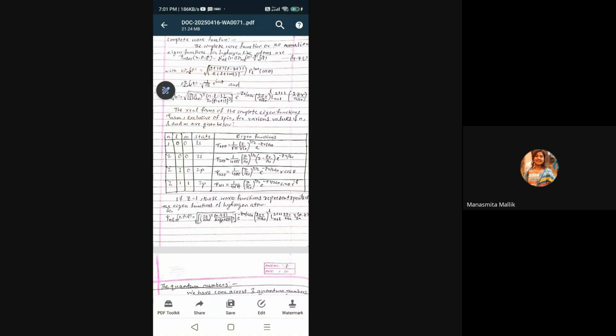So this is the hydrogen atom, n l m. This represents the 1s state, and the eigenfunction psi 100 is equal to 1 by root over pi, z by a0 to the power 3 by 2, e to the power minus zr by a0. For n is equal to 2, l is equal to 0, m is equal to 0,